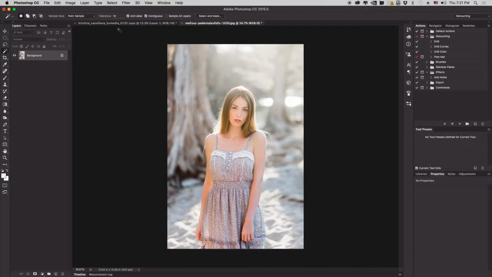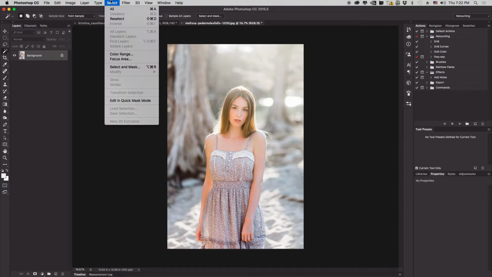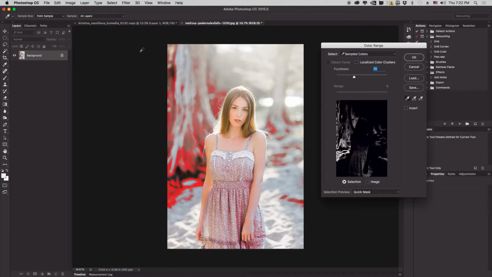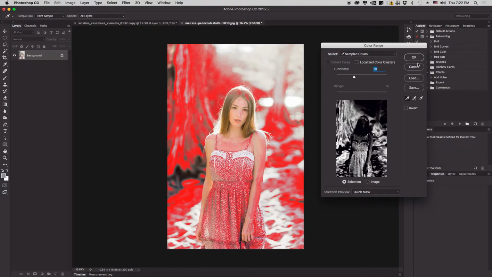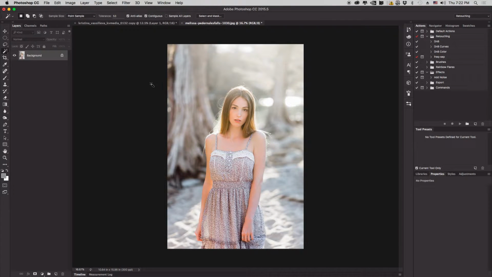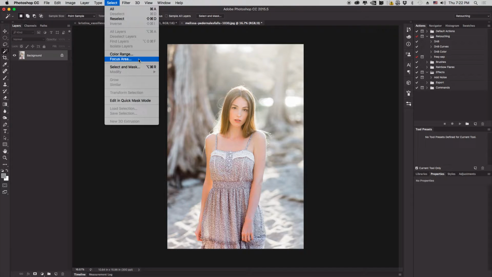Say I want to use the magic wand. I think I've been calling it quick wand, and I can go and select, and it's going to do a good job, but it's going to take too long. Even if I increase the tolerance to say 50%, now it's selecting the dress and stuff like that. It's not going to work really well. Selecting by color range on the other one was still usable, and here it is pretty much impossible to use. So I think the best technique that came out just recently is selecting by focus